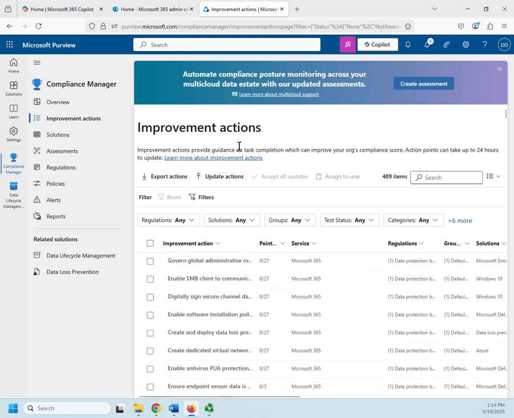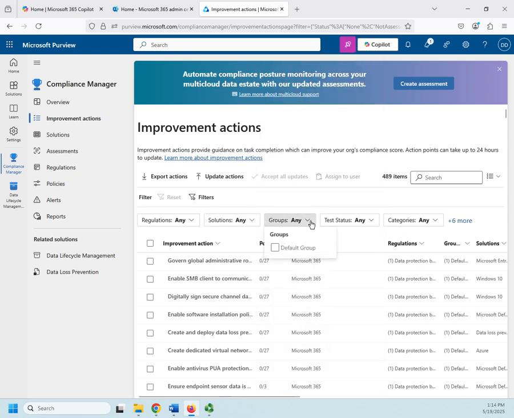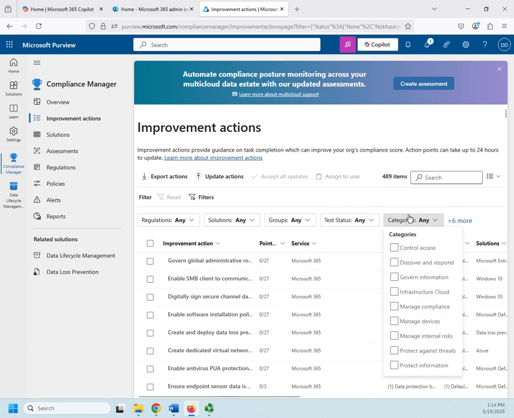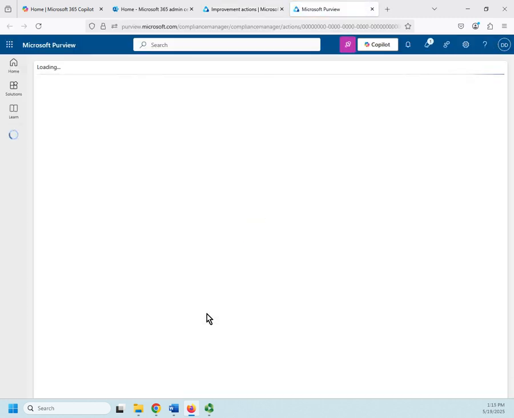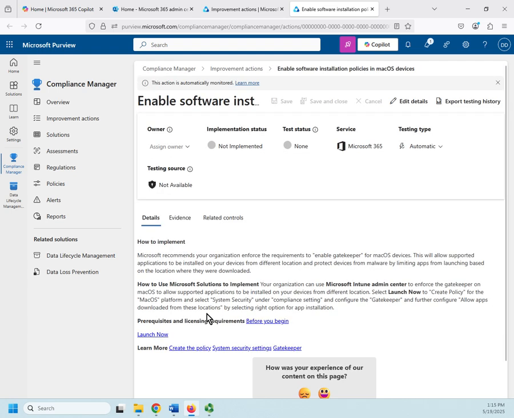Now, before we do, let's look at some of our options here. We can export, update them, do a search, we can apply filters, and then here we can start setting regulations, or we can select it by solution, or by groups, or by status, or by category. So lots of different ways we can filter these, which is good because there's like 489 of them right now. So if I select one, let's enable software installation policies here. I'm going to select that, and that's going to bring me to, drum roll while it loads, here we go,